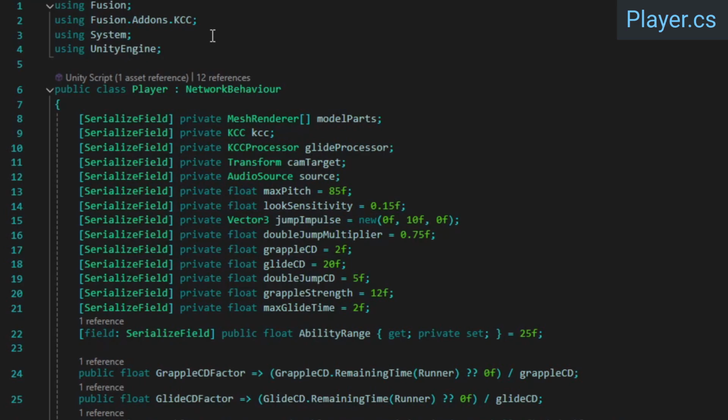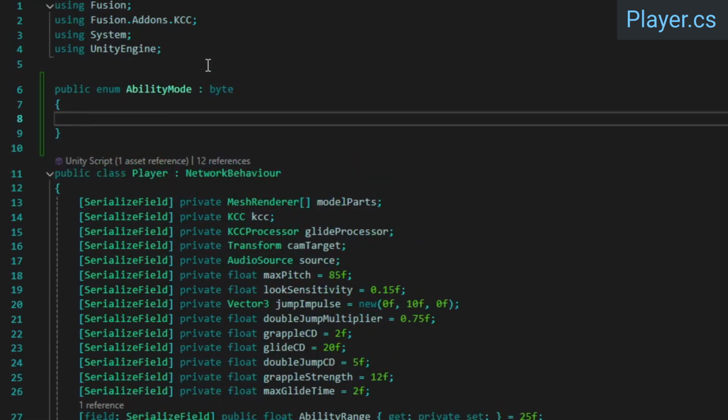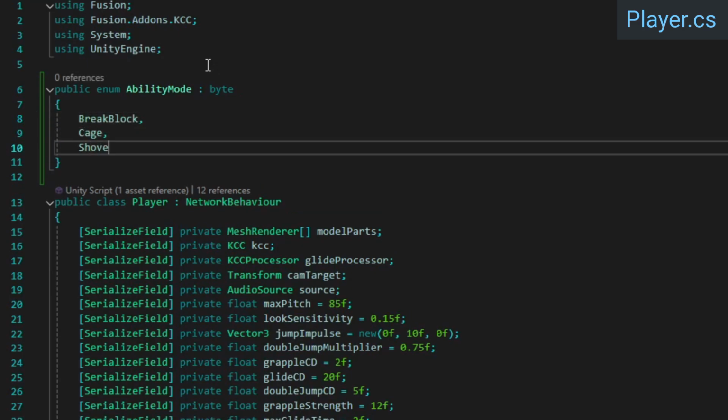To start, we're just going to set up the input sampling logic and some of the UI related stuff for the abilities. The way this will work is that all 3 abilities will be activated using the left mouse button, and which one is activated will depend on which ability is currently selected. To do this, we'll need a new enum to represent the ability mode, which I'm just going to put in the player file. The 3 abilities will be breaking blocks, temporarily putting another player in a cage, and giving another